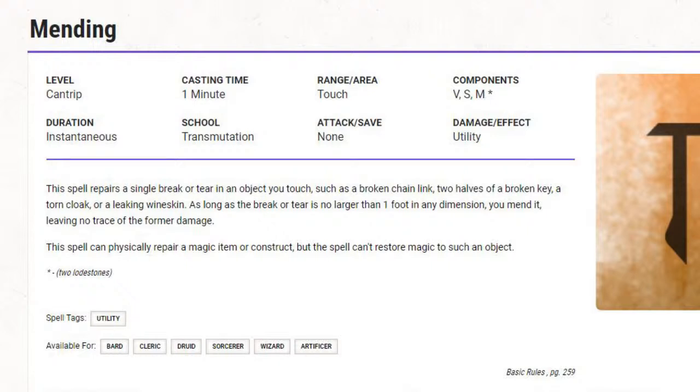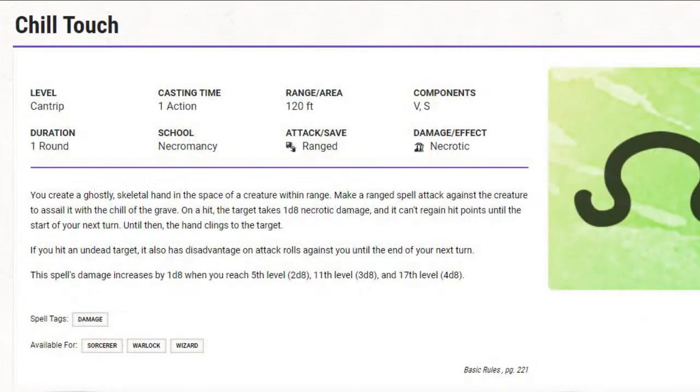Okay, number 2 in terms of alternatives would be Chill Touch, because it has a range of 120 feet, and as I said, range is very important with cantrips, particularly if you're playing in a wilderness exploration type campaign. And it does 1d8 necrotic damage, and that's good enough in itself. Just having that is good enough. But it also is specialized for dealing with undead monsters. That's like a gift, really. That's extra. That's icing on top of the cake.